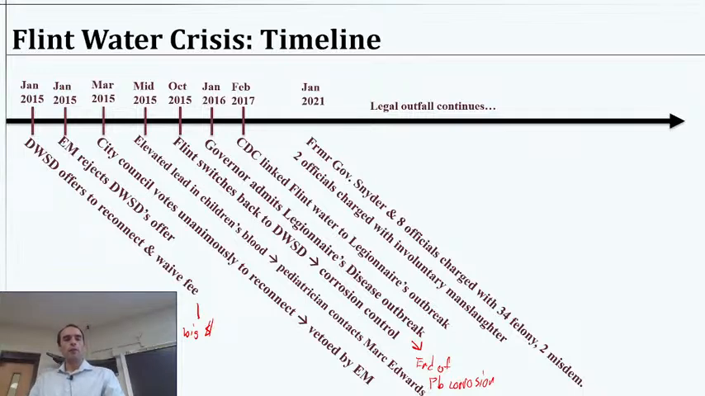Some of the legal outfall: by January 2021, the former governor, Rick Snyder, and 8 other officials were charged with 30 felony counts and 2 misdemeanors, and 2 officials were charged with involuntary manslaughter. Now these are charges, these are not necessarily the sentencing or anything like that, but